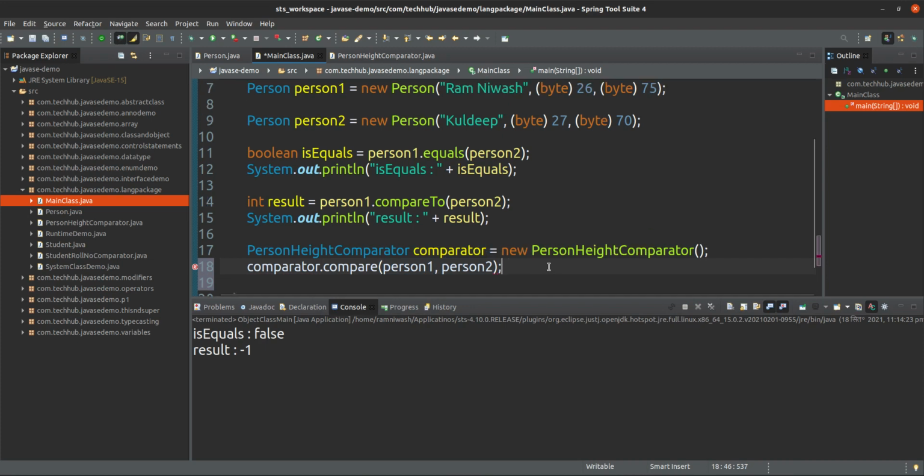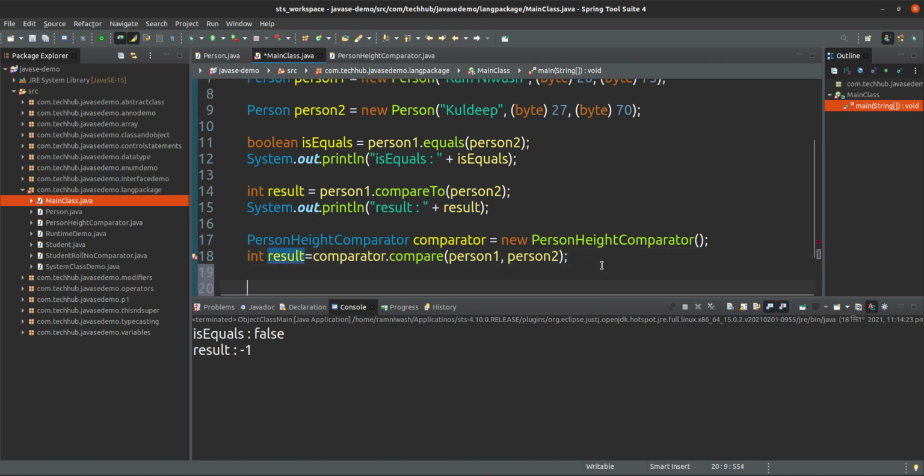Now it will return int result2, okay, result 2.